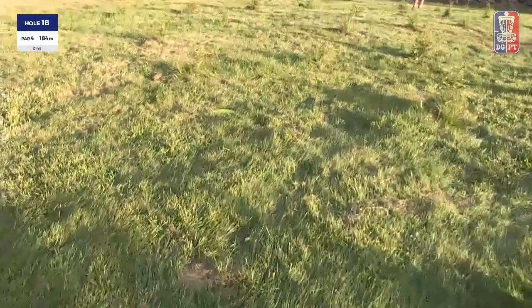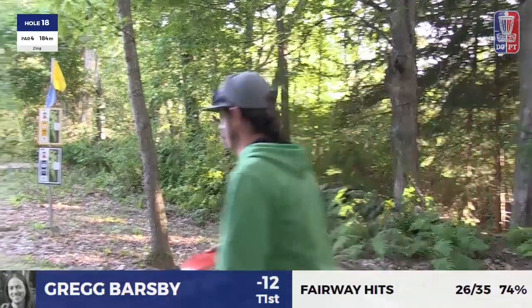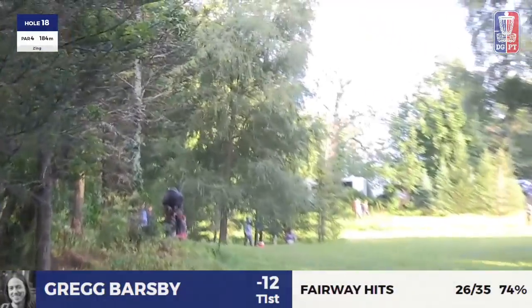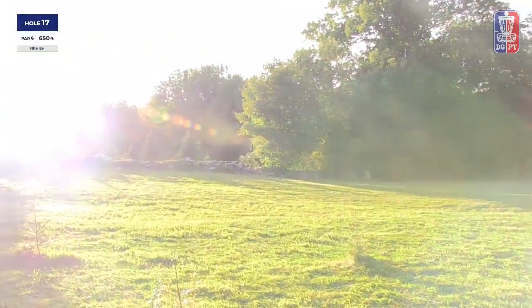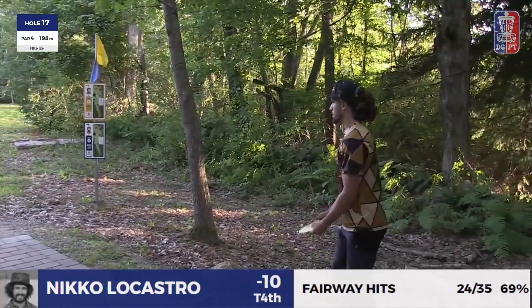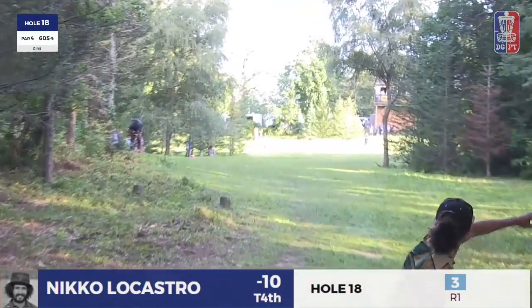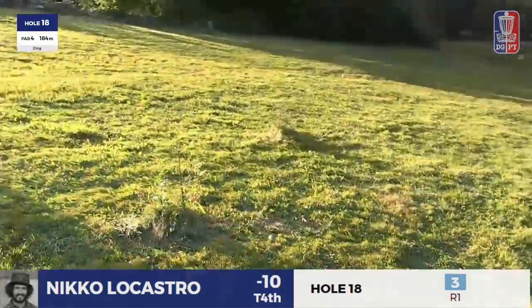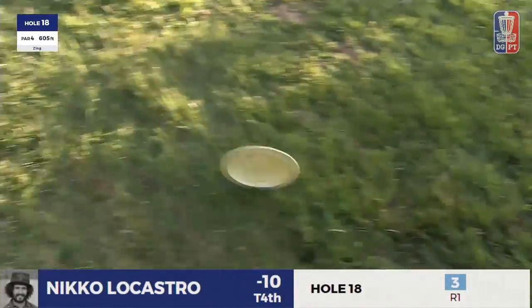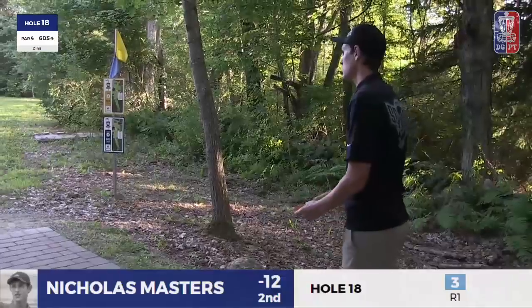The smash here by Wysocki, chasing down our cameraman. Almost, in fact. And your current leader, Gregg Barsby, a little too much Anheuser on that. And I love the play here by Nikko Locastro. He's going with a backhand roller, and it continues to push up the fairway, and he's just past the...